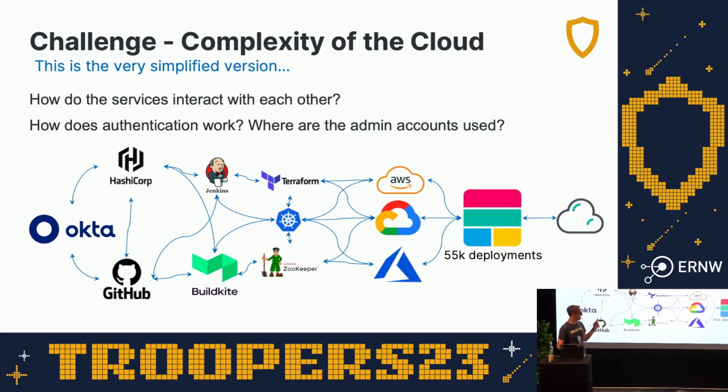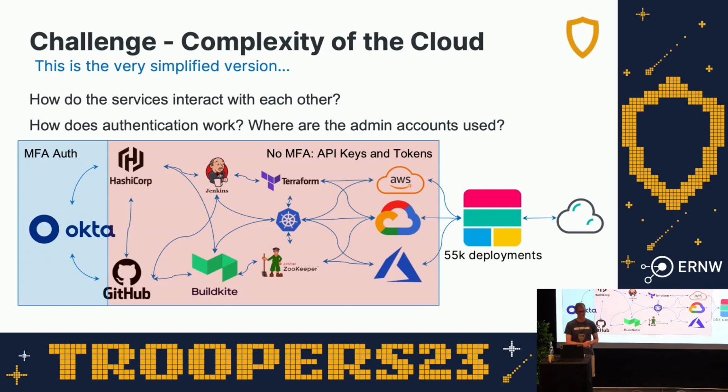You see all these lines. Every single line is a trust that's happening. And so we've got over here HashiCorp and GitHub. We use MFA authentication. You've got to use your fingerprint. We're good, right? No, not really, because once you get past that point, once you're inside the cloud and inside the plumbing, everything is just a token. And what is a token? It's a string of text. That's it. It always is. And they're used everywhere. They're used in API calls and used to authenticate. Every single one of those blue lines represents a trust of some sort that this little string of text you gave me is good to go.